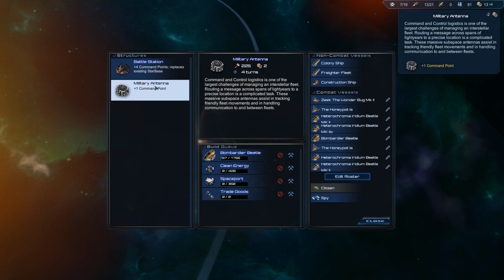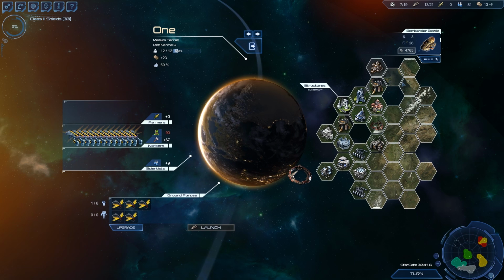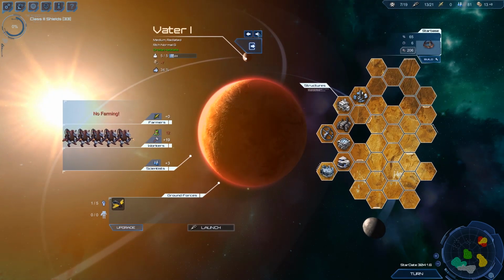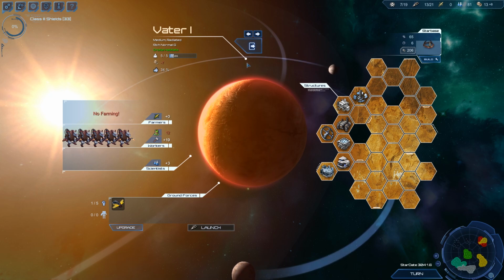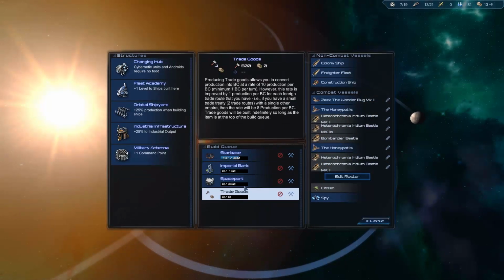Oh, military antenna. These would be really handy, actually, because we're definitely going to have some command point issues. We're fine right now. 7 out of 19, we're fine. Clean energy, spaceport, that's fine. Okay, so let's just take a look here. I also want to see if there are any planets that are ready to start building something. So this is start building ships and stuff. So these guys, actually...